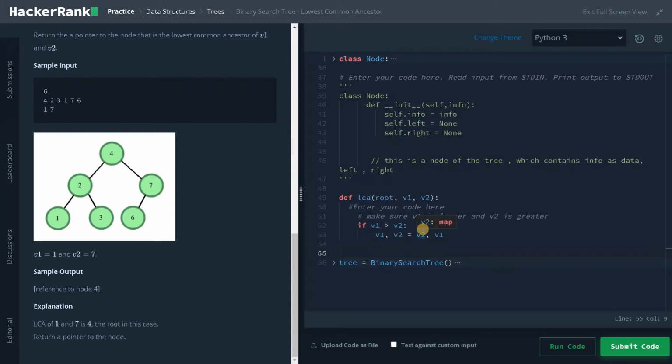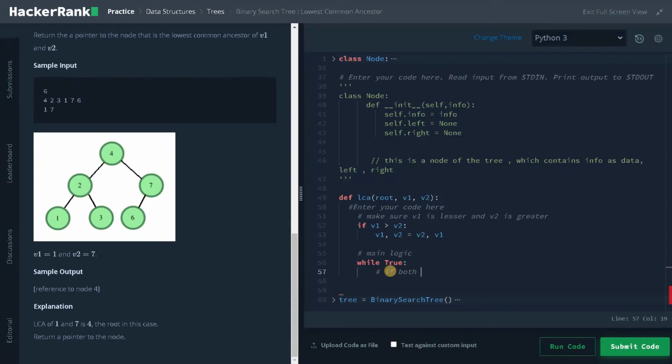After checking for this condition, we will go to the main logic, that is a while loop, while true. Now, in the while loop, we need to check that value 1 is lesser and value 2 is greater. If both the values are lesser than the current node means we will go to the left subtree. If it's greater than the current node means we will go to the right subtree. If both the condition failed means in the else part we will just return the root, that is the current node. Okay, let's do the code now.